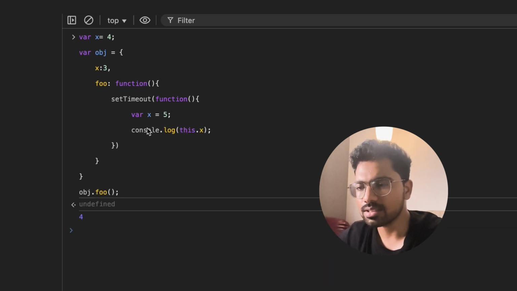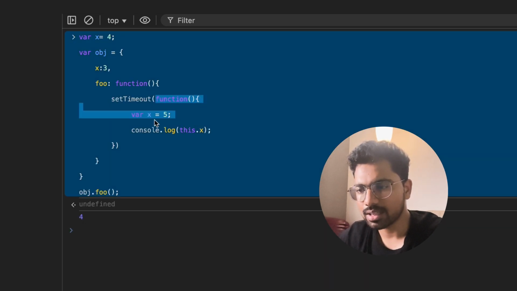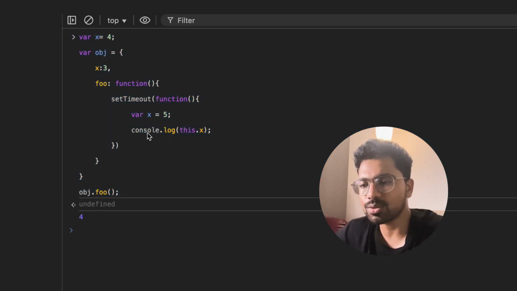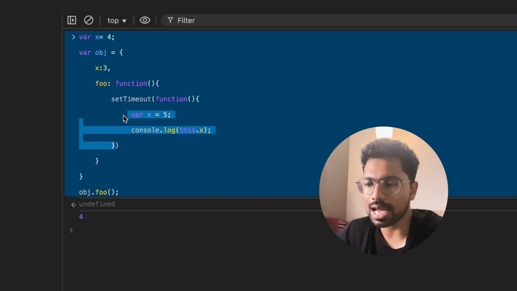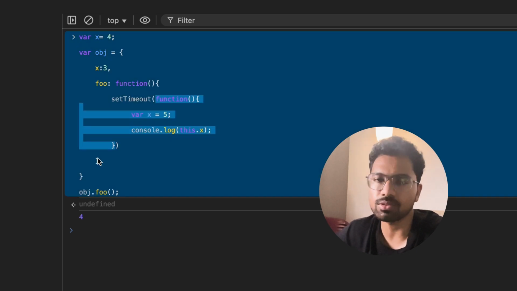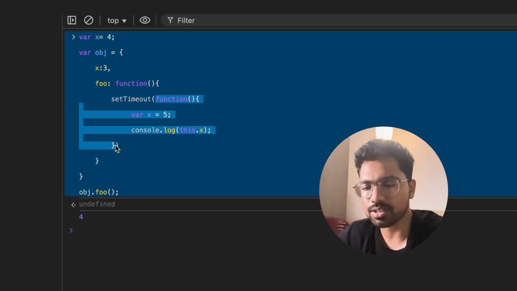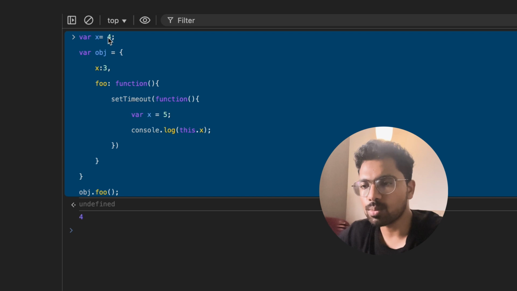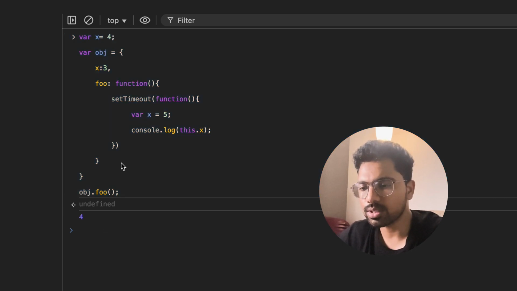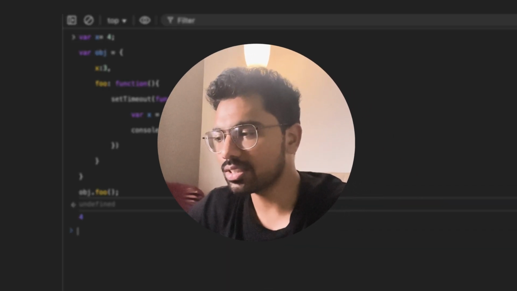What happens is it's a normal function and it will be falling back to the global scope, because at the time of execution after 1 second, when it comes out after the macro task queue, it won't have the context of obj. It will be falling back to the global scope. In this case, global scope, we have window.x as 4. So we'll be able to see 4 in the output. And that's how this keyword works in JavaScript.